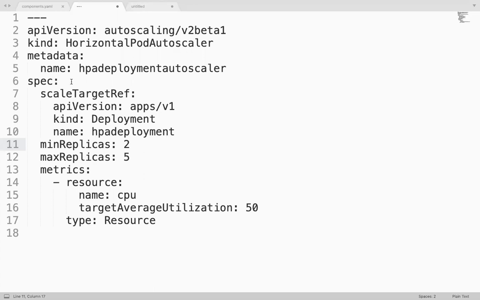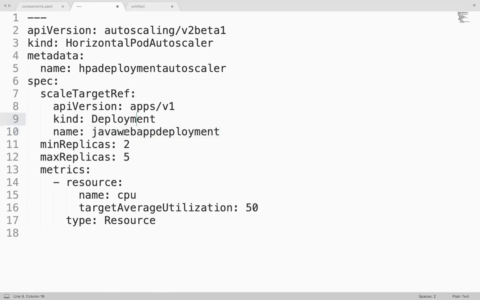If you see here, we have one property called scale target reference. Right? Here you are going to mention, if you want to target a deployment, something like this: your deployment name. Suppose I have deployed this object, Java Web App deployment.